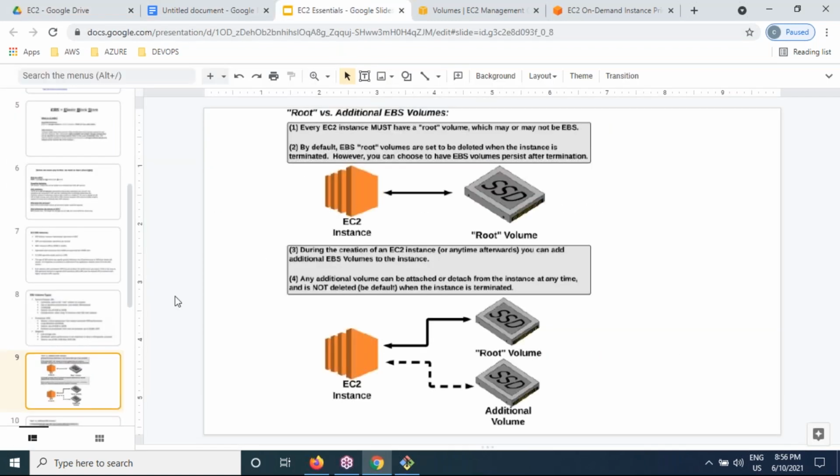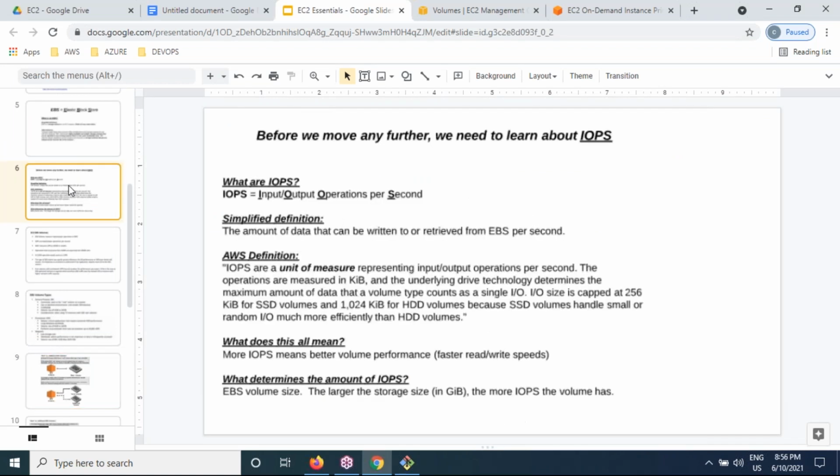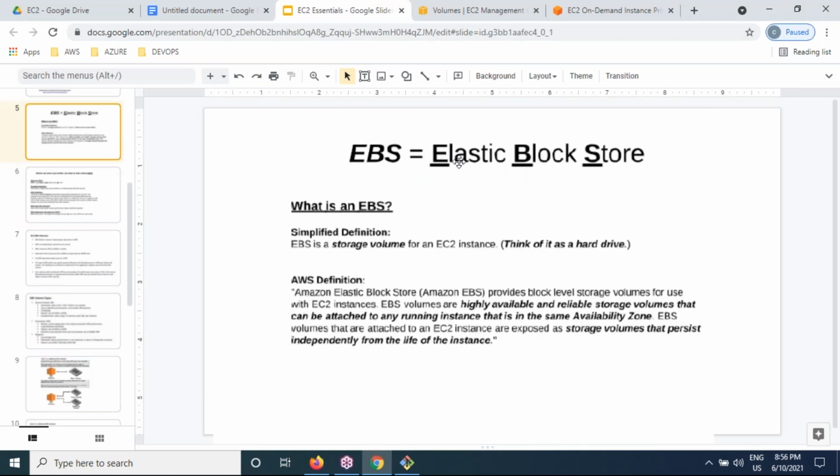So for a better understanding, I'll take the example of a pen drive for EBS block storage. How exactly are we going to use a pen drive with a laptop? The same way I'm going to use volumes also, just for explanation purposes, but don't compare them. You can understand easily with the example of a pen drive. So let us understand the definition of EBS, Elastic Block Storage volume.